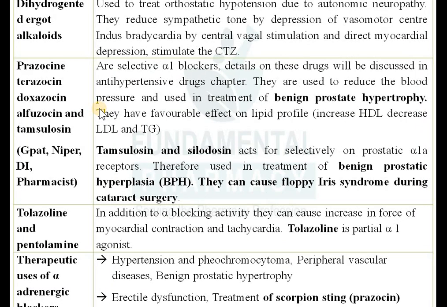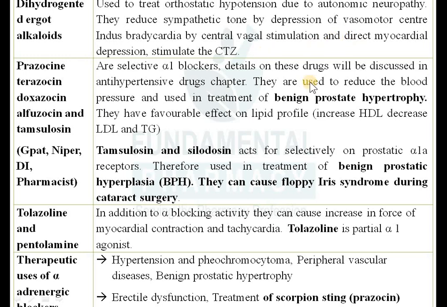Dehydrogenated ergot alkaloids. So you know that ergot is a fungus. It is a fungus developed on the rye plant, Claviceps purpurea, family Clavicipitaceae. We have seen this in pharmacology. So you will have indole alkaloids over there. They are used to treat orthostatic hypotension, orthostatic hypotension due to autonomic